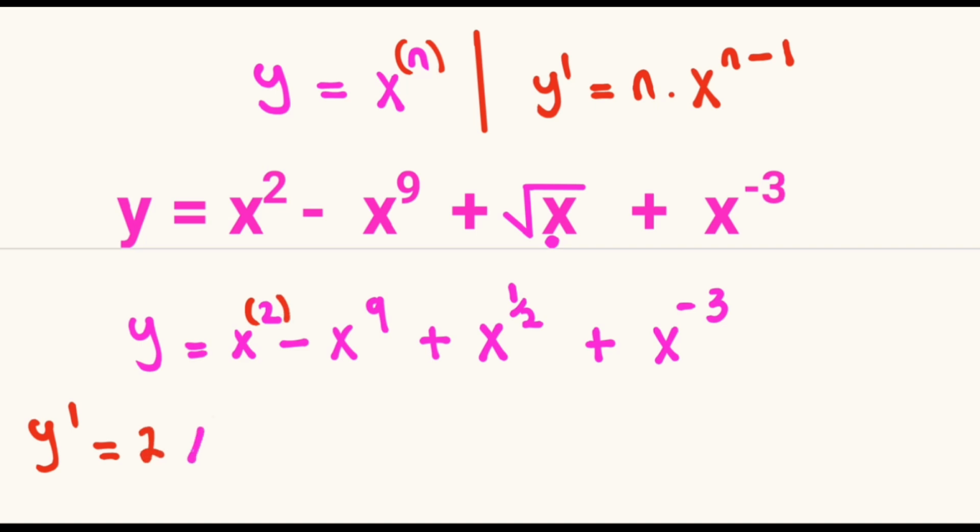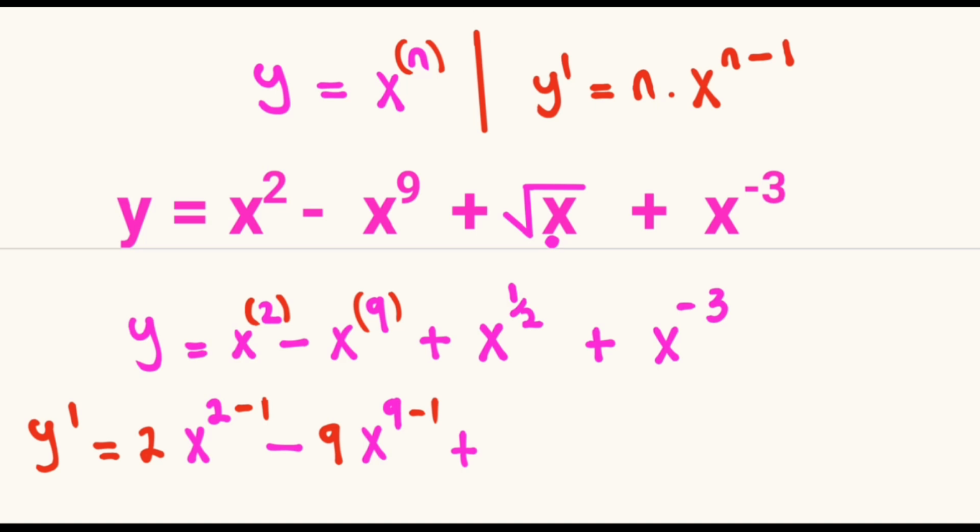We multiply it with x raised to the power 2, and we minus 1 from the exponent of x, minus the derivative of x raised to the power 9. The exponent of x is 9, which we multiply with x raised to the power 9, but we minus 1 from the exponent of x, so we have 9 minus 1,